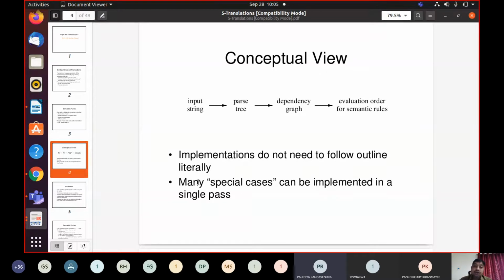Why do we need this? In attribute grammars, each and every production rule is associated with a semantic rule. The order of these semantic rules is not specified in the attribute grammar. Only the semantic rules are listed, but the order of execution is not given. If you want to obtain the order, we need to know which semantic rule will be evaluated first and which one next. That evaluation order can be obtained from the dependency graph.